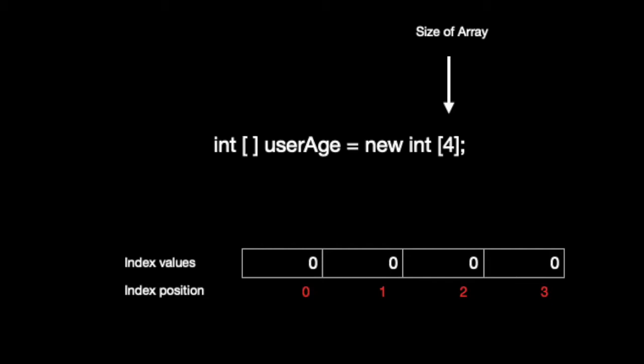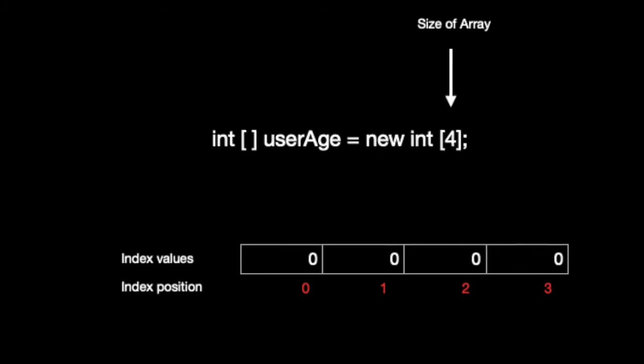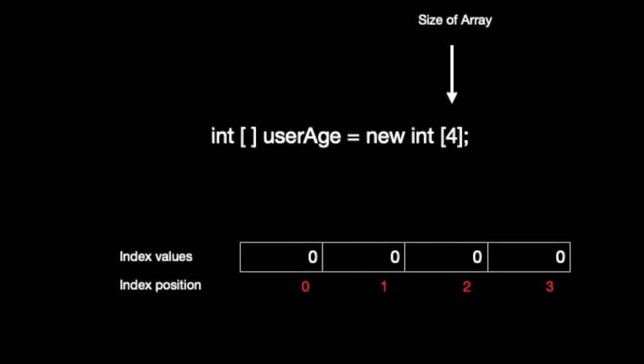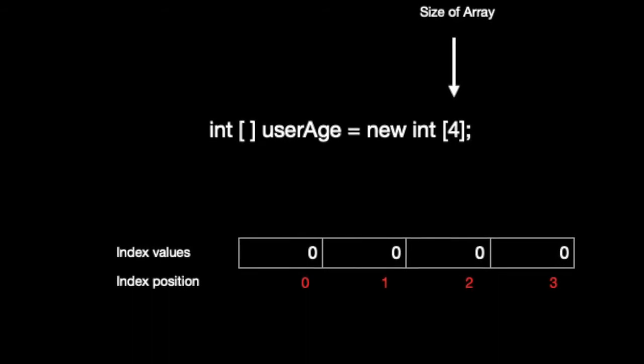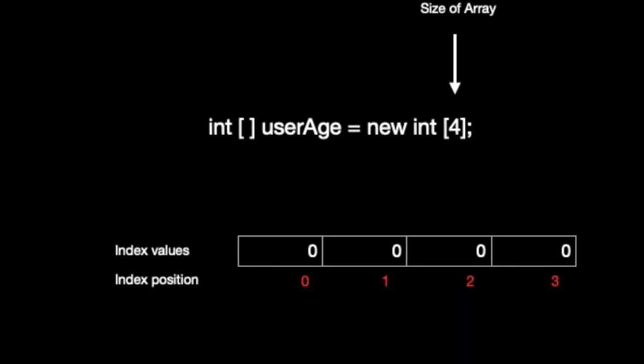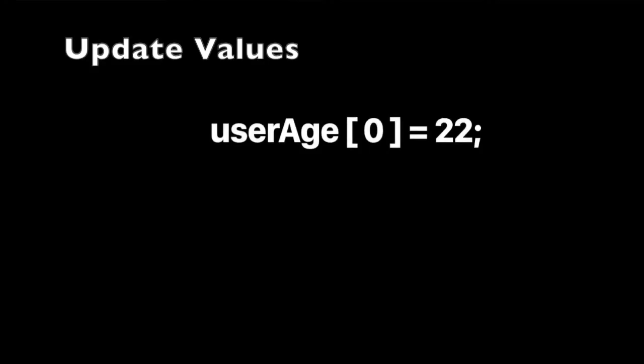Are you ready? The first element index position is 0. The second is 1. The third is 2. And the fourth is 3, and so forth. Here's what the format looks like to update these positions. Are you ready? userAge[0] = 22;